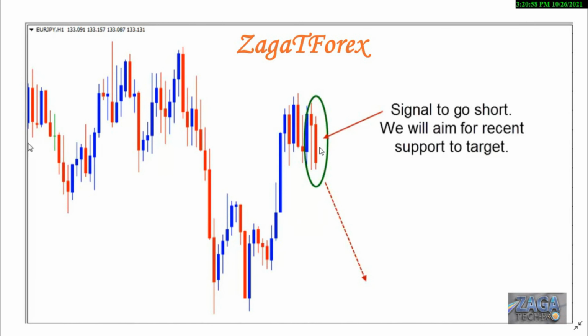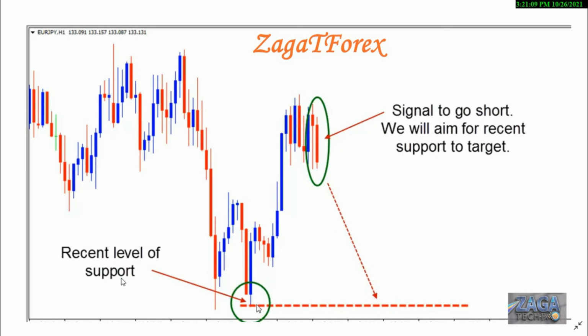So market support and resistance levels draw the market towards each other. So take a look at this. You see, this is a recent level of support, guys. So you may tend to take this area as your take profit, but if this is your target, you shouldn't put your target this way, because the market tends to come close to it without reaching it and continue the backward movement. So as this scenario comes in, guys,